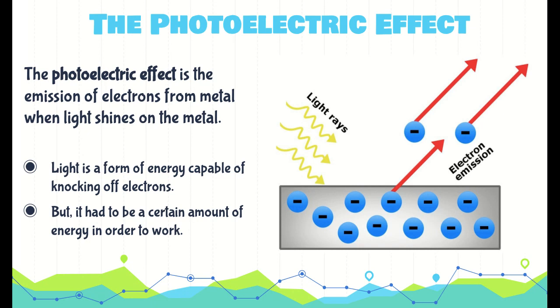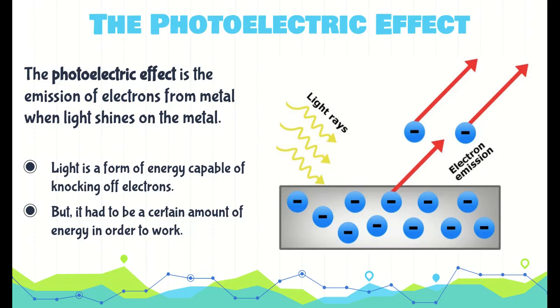This is discovered by shining light onto metal, but the light is a form of energy capable of knocking off electrons. We know that light acts as a wave, or it can act as a wave. And so when you shine light, it's energizing these electrons within the metal, and it is actually causing some of these electrons to be